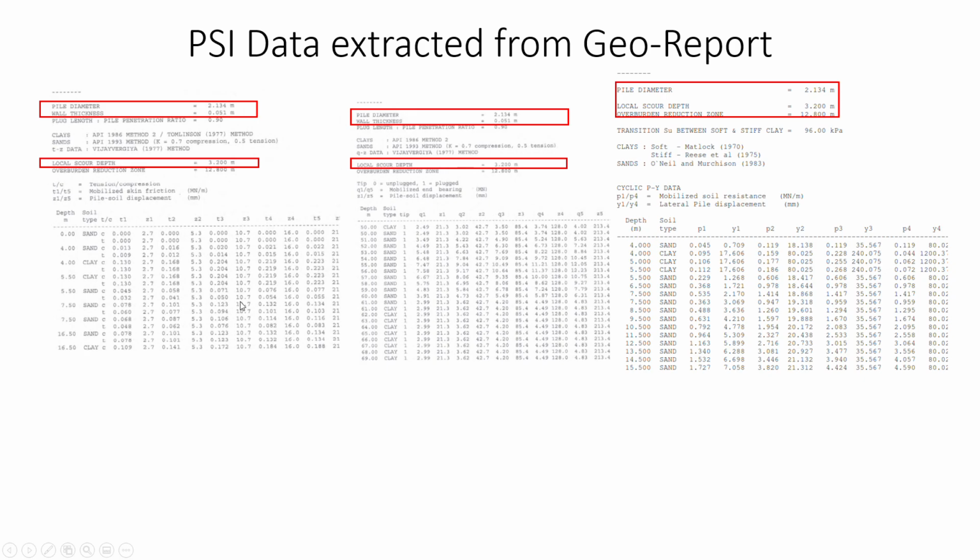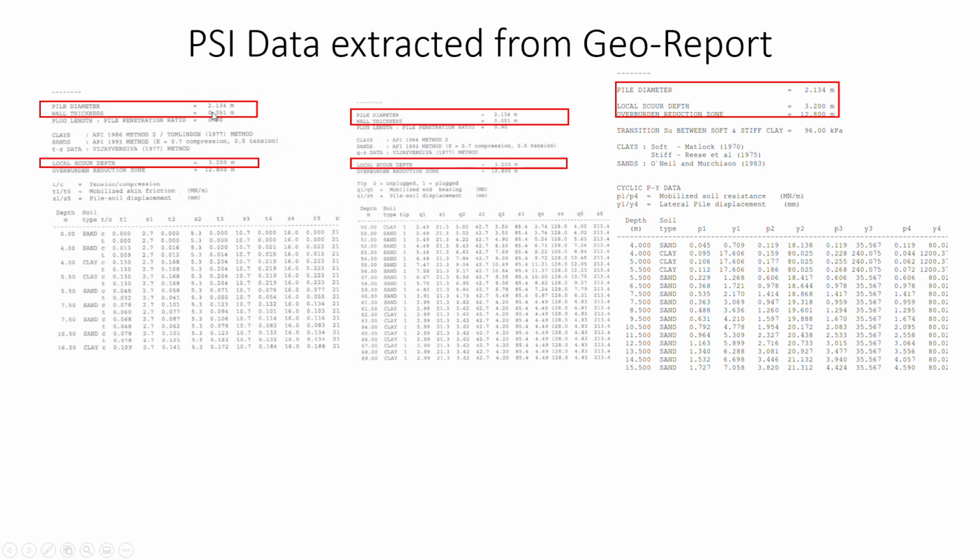Now, this is the input data from the geotechnical report. If you see here, there is some highlighted portion in red color. Here the pile diameter and wall thickness are given, and the local scour depth is given as 3.2 meter.